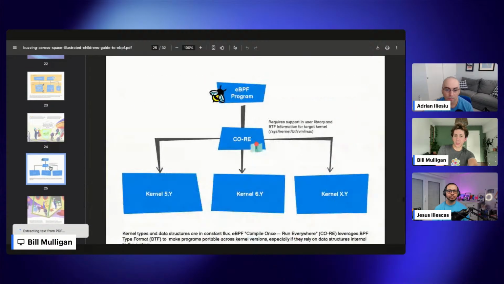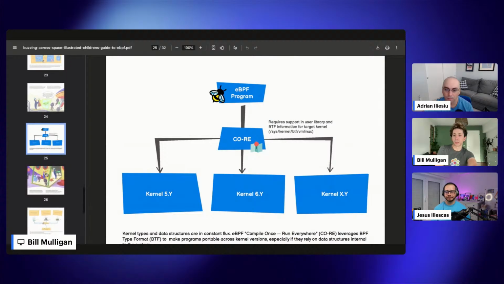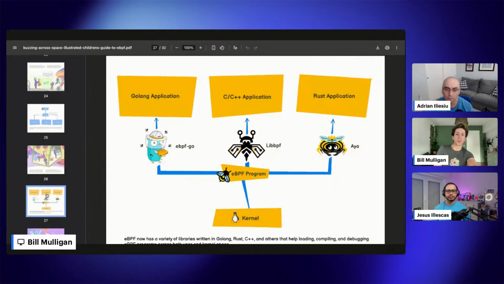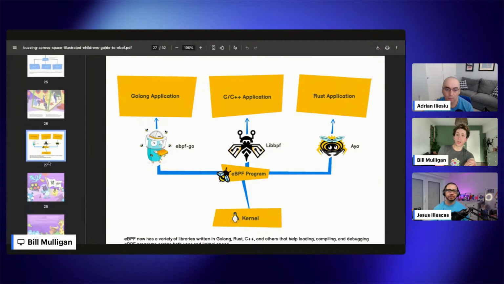Yeah. And then we're talking about some of the other things, like CO-RE, which is compile once, run everywhere. So being able to use eBPF programs across multiple different kernel types. And then also all of the different helper libraries that you can write eBPF in. So being able to write things in Go and C or in Rust, there are lots of different ways to write eBPF programs to modify how the kernel works.